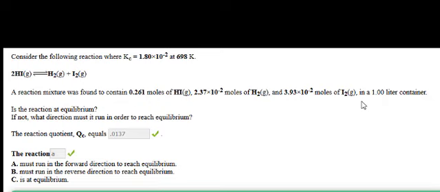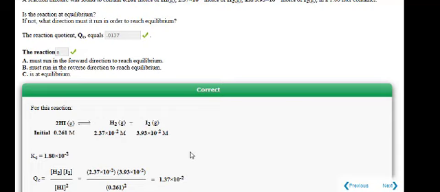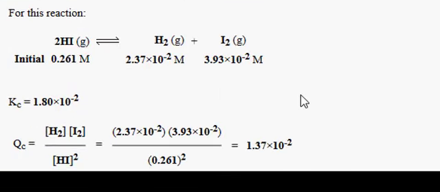This question asks to determine if a reaction is at equilibrium with these concentrations provided. All of these compounds are in a 1 liter container, so it will make our calculations easy. We are given the concentrations of all 3 components, and we substitute them into the equilibrium constant expression, making sure that we square the denominator, and we determine that the reaction quotient Q is less than the equilibrium constant provided,